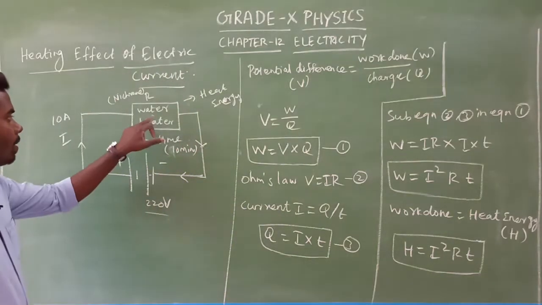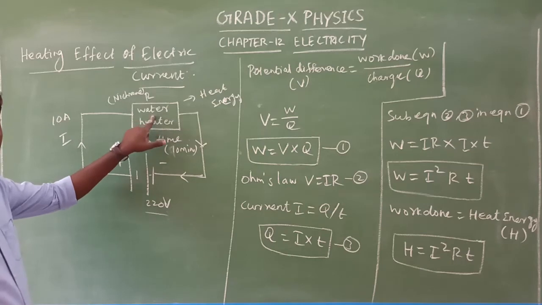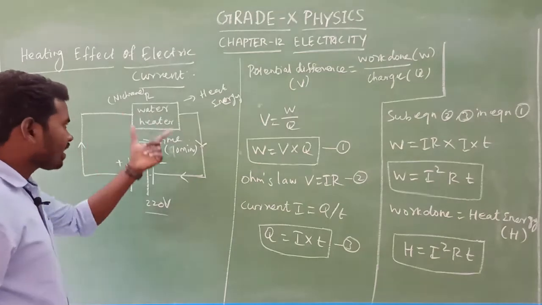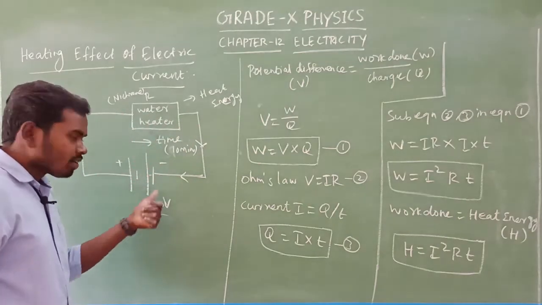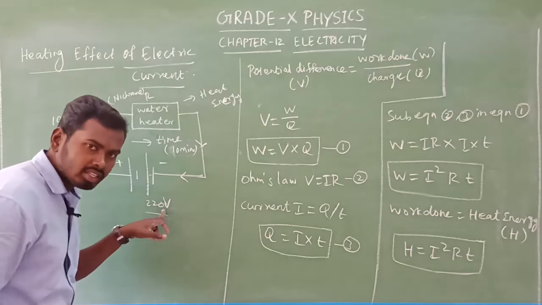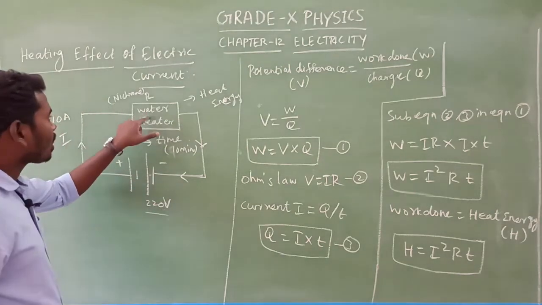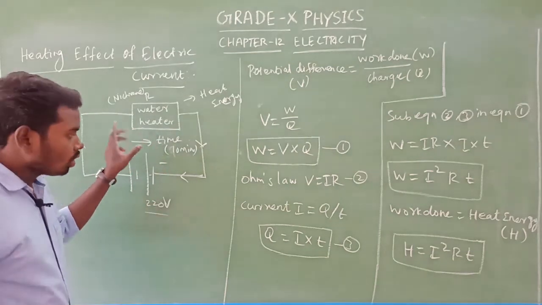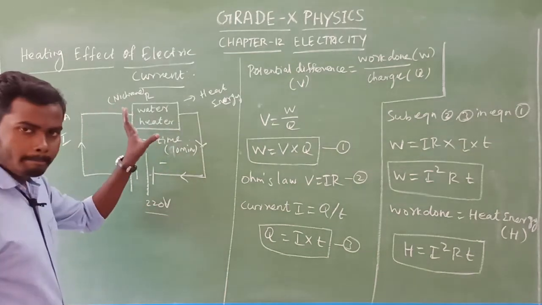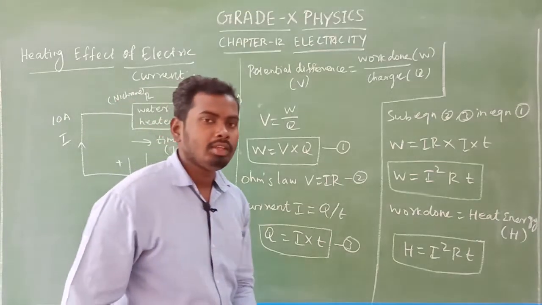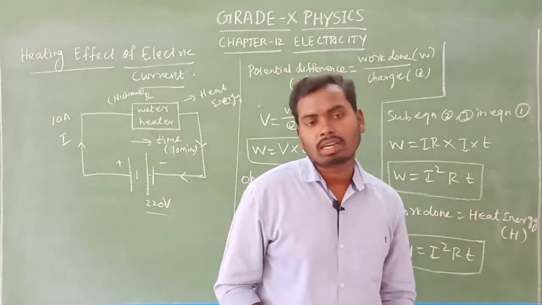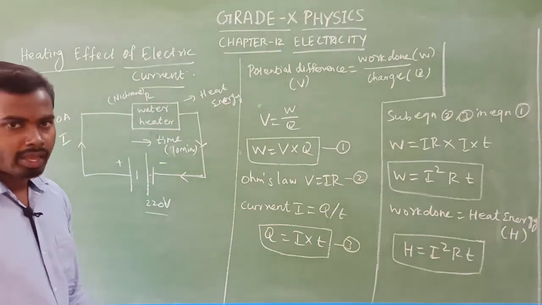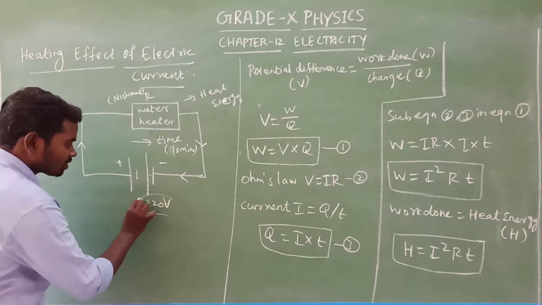Okay, yes. Here the water heater is used to convert electrical energy into heat energy. Am I right? Yes. So what causes this heat energy? Here the heat energy depends on the voltage, current, resistance of the water heater, and how long it is used. So if we know all these values, we can calculate the heat energy produced by the appliance. Okay, yes. Here what causes current? The potential difference causes current.